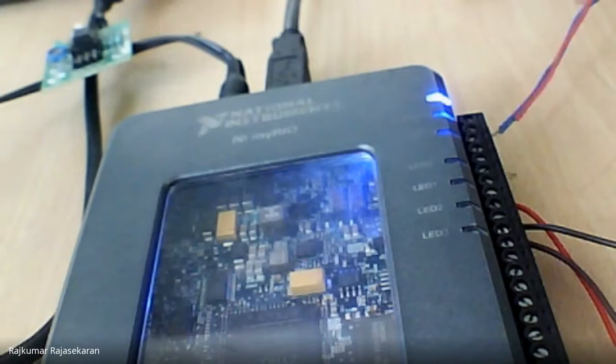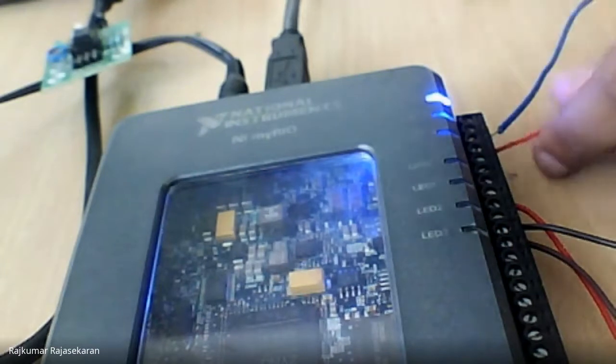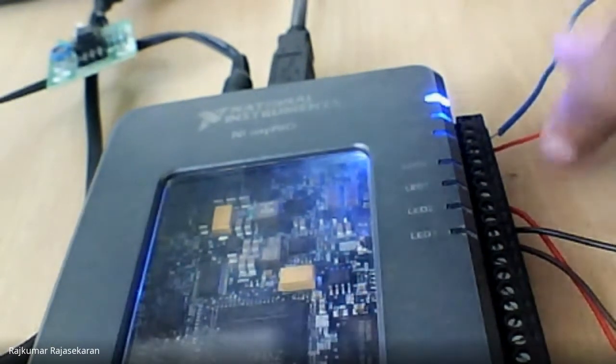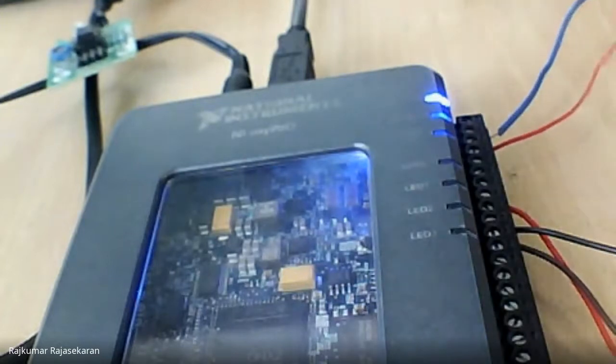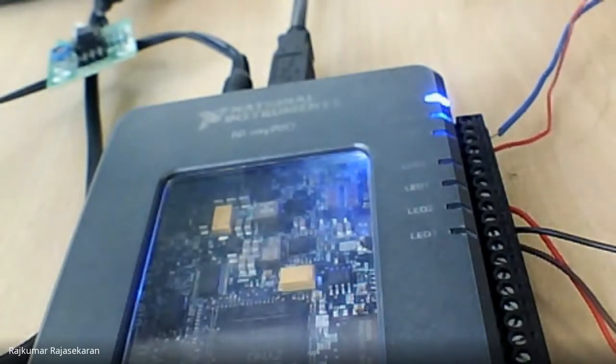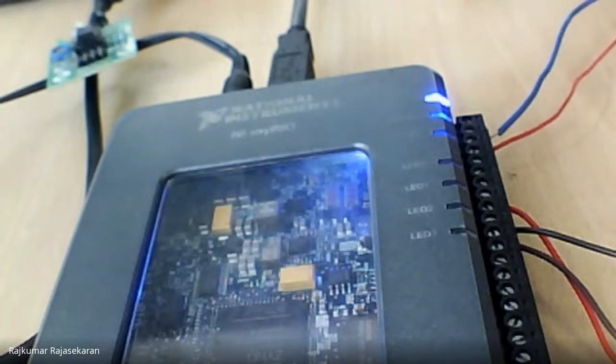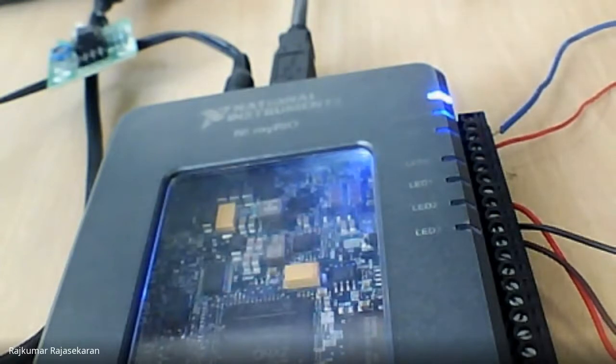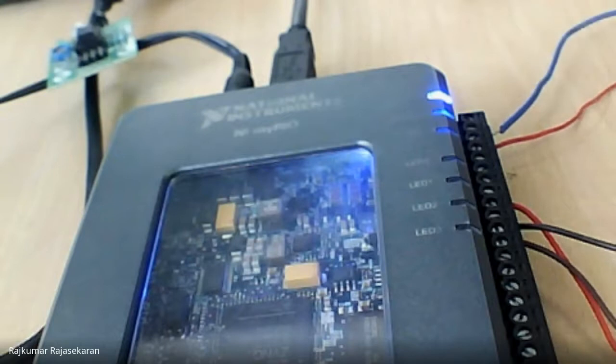The signals from your DIO are going to be 3.3 volts. DIOs are basically low power, meaning they cannot drive any motors. That's why we are using a level converter here. The L293 is going to act like a level converter. And we have given the ground as well.